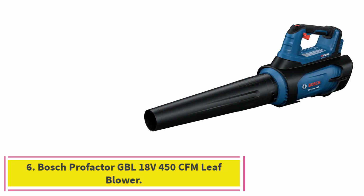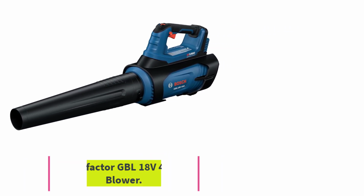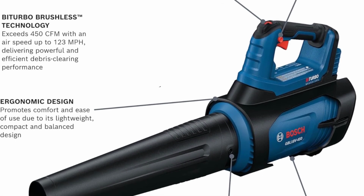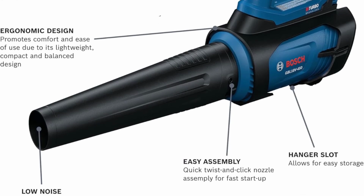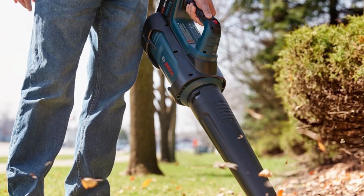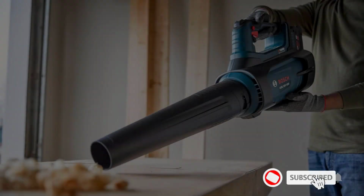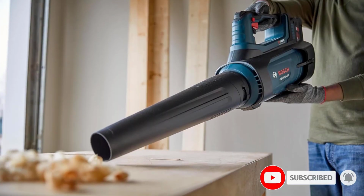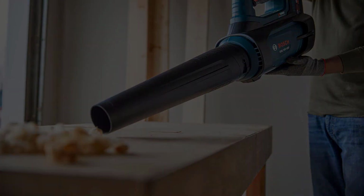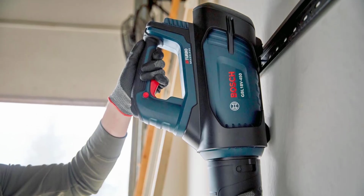At number 6. Bosch Profactor GBL18V 450 CFM Leaf Blower. The Bosch Profactor, awarded Best Handheld in our 2025 Yard and Garden Awards, is a solid choice for many applications, but excels where you might not want a heavier, bulkier machine. During testing, Ford liked that the nozzle narrowed enough to fit into gutters, making cleanouts easy. With its manageable weight and shorter body, it's adept at navigating around tight spots like bushes and flower beds. While the 450 CFM is powerful enough to move debris, the reduced weight and airspeed translated to less fatigue in